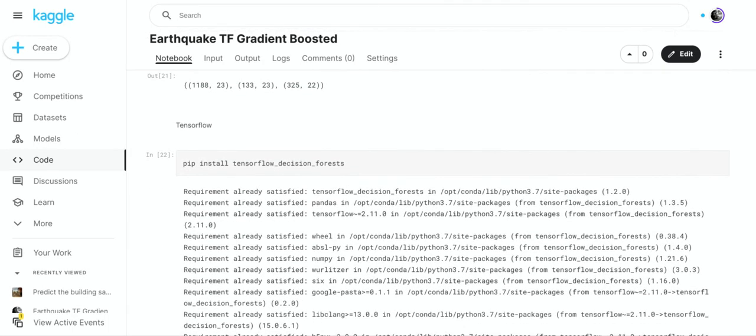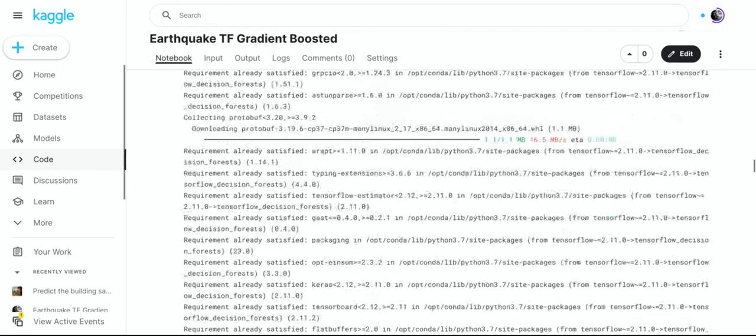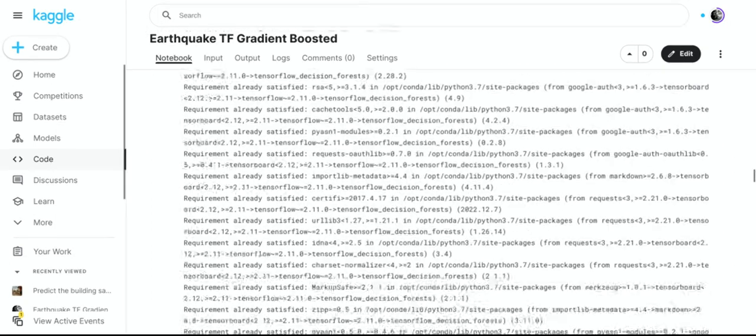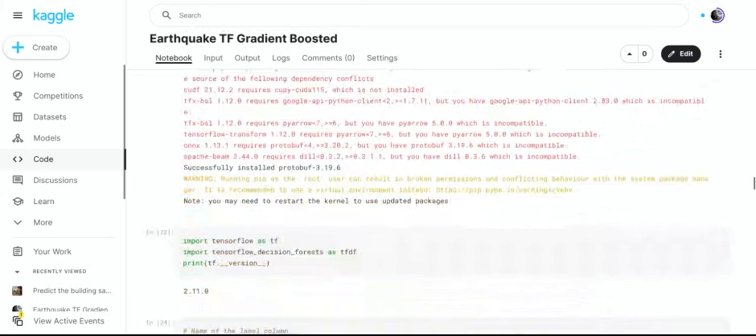Now we're getting into TensorFlow, and what we want to do is install TensorFlow Decision Forests. The reason why we do that is because that is not automatically installed into the Jupyter notebook. So before we can use it, we have to install it. So we've installed it.